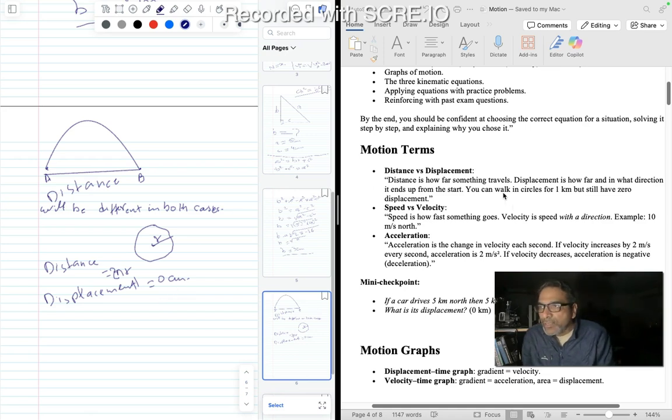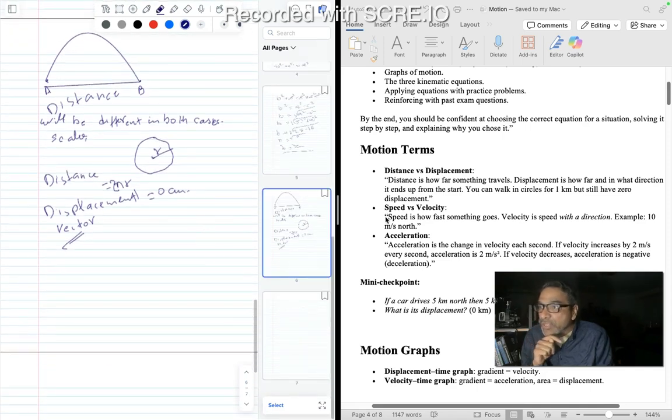Okay, now we also have to mention the direction. Distance is a scalar quantity, right? It's a scalar quantity, and displacement is a vector. Perfect. All right. Now, next is